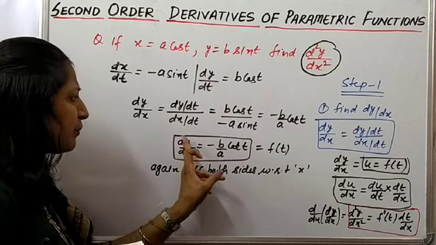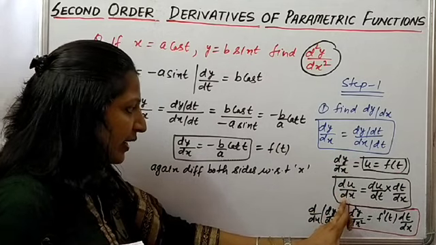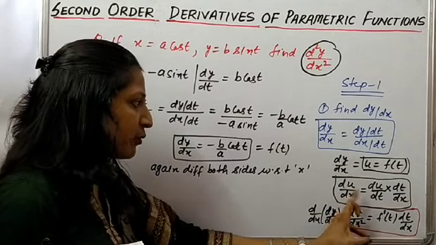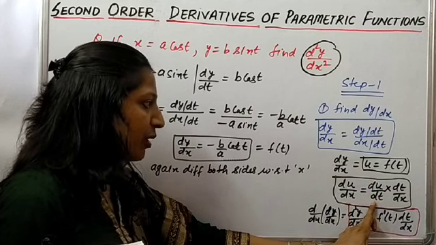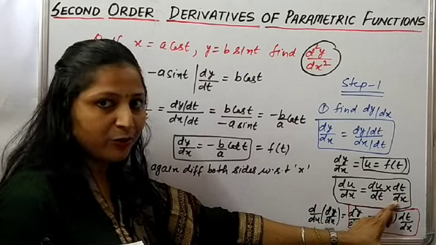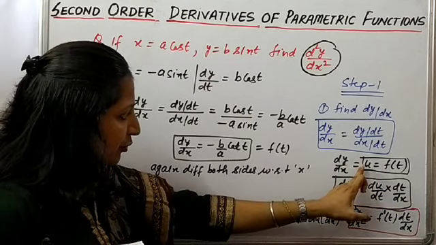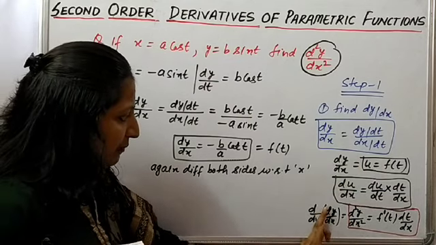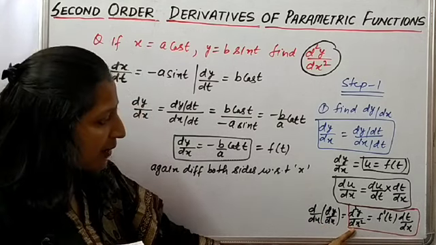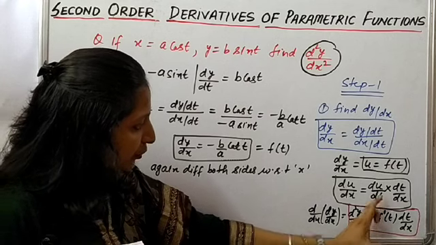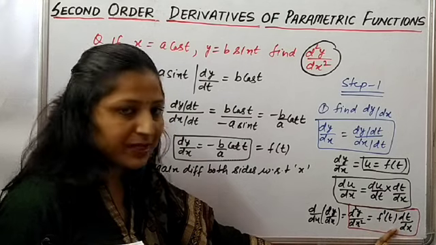So let us assume this dy by dx is u. So u is a function of t, but we have to find du by dx, and u is a function of t. So first of all we will differentiate u with respect to t, and then by chain rule we will multiply the derivative of t with respect to x. It means du by dx will be du by dt multiplied by dt by dx, and here we have assumed u is equal to dy by dx. So I will substitute dy by dx in place of u, and it will be d2y upon dx square. It means d2y upon dx square is equal to, yes, du by dt means f dash t, okay? So f dash t into dt by dx.